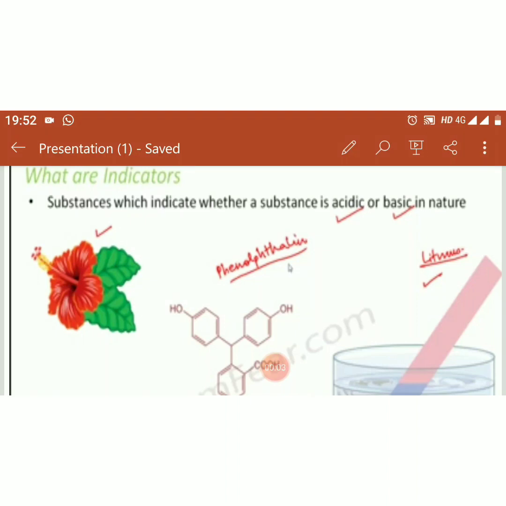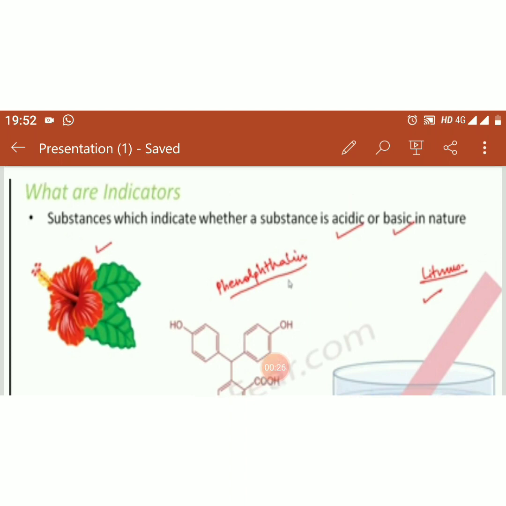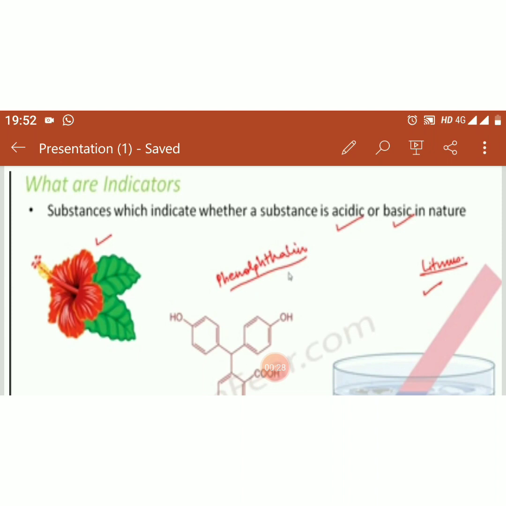Now, I know one question is running in everyone's mind. How do we distinguish between acidic and basic substances? So tasting the substance is not the right choice. It may be risky. So it is not advised to taste any unknown substance because you don't know the composition of every unknown substance. So now we are going to find out other ways which help us to distinguish between an acidic and basic substance, and that is indicator.